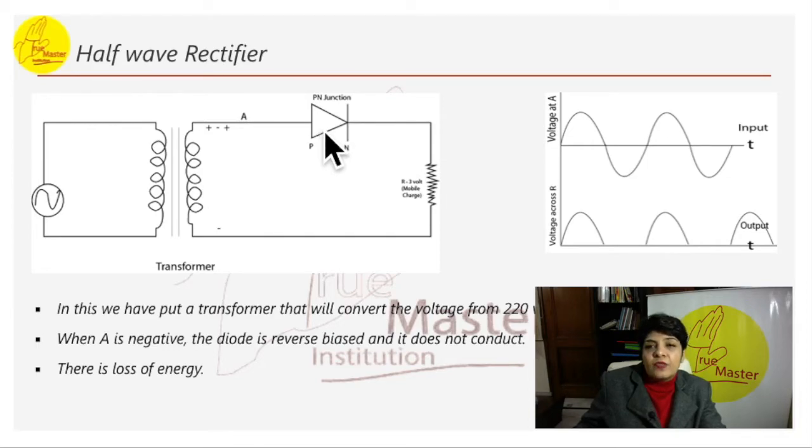How? Say this was the complete diagram of the AC that is coming. Now here, across this resistance, the positive voltage is going to come, then the PN junction is going to wait because it is not going to allow the negative. So here it is going to wait, and then again the positive will be allowed to come in. Then it will pause and then it will move in. So let's have a look at the animation as well to understand this.